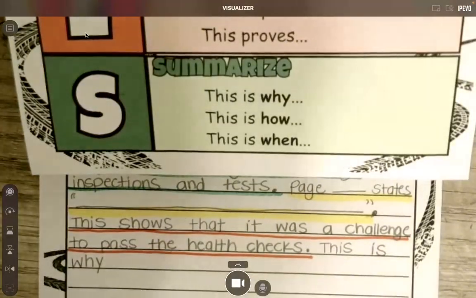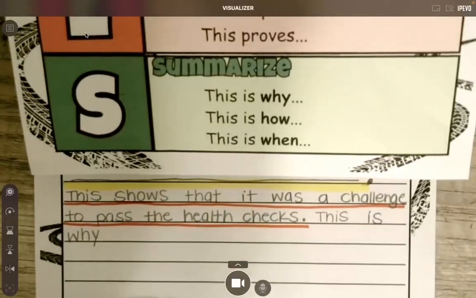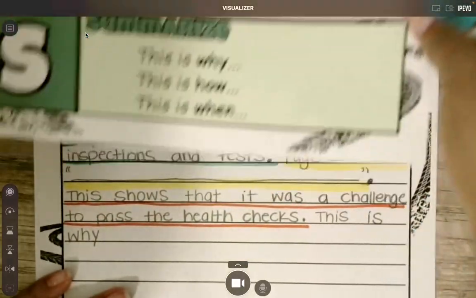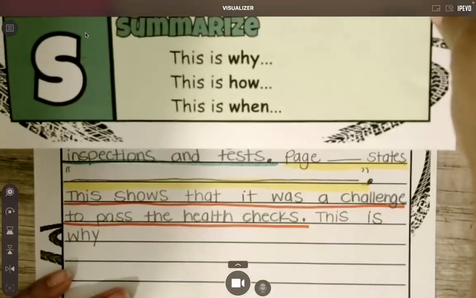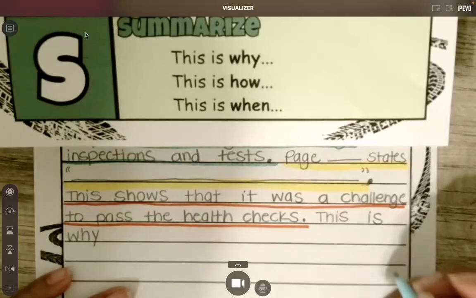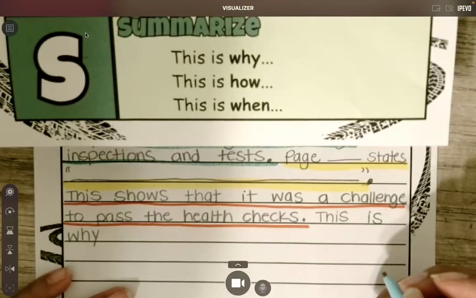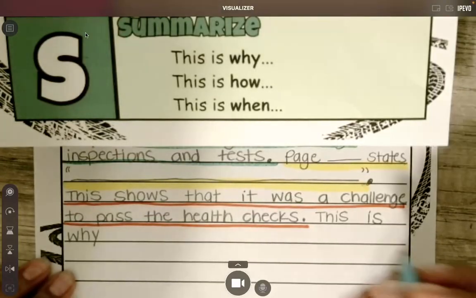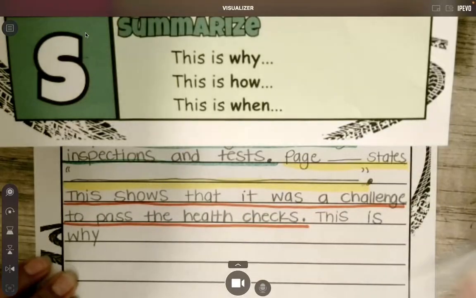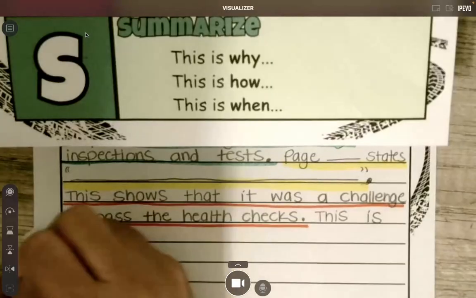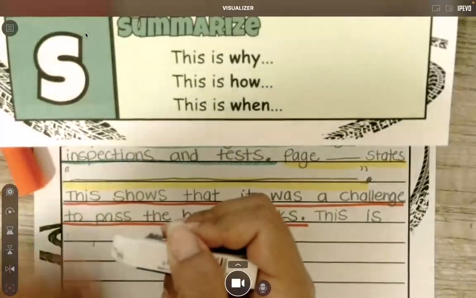And you can do whatever you'd like, whatever makes most sense to you. But I might say something like, this is why, oh, sorry, not why. I would probably say what. Okay, this is